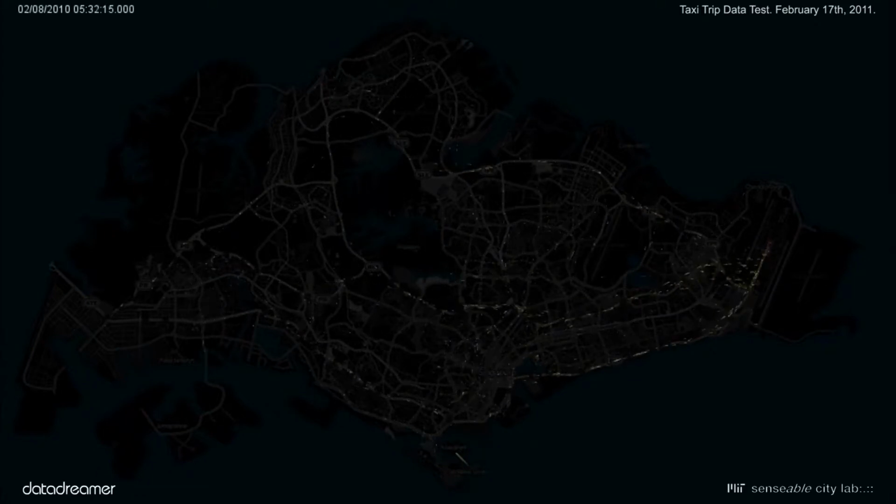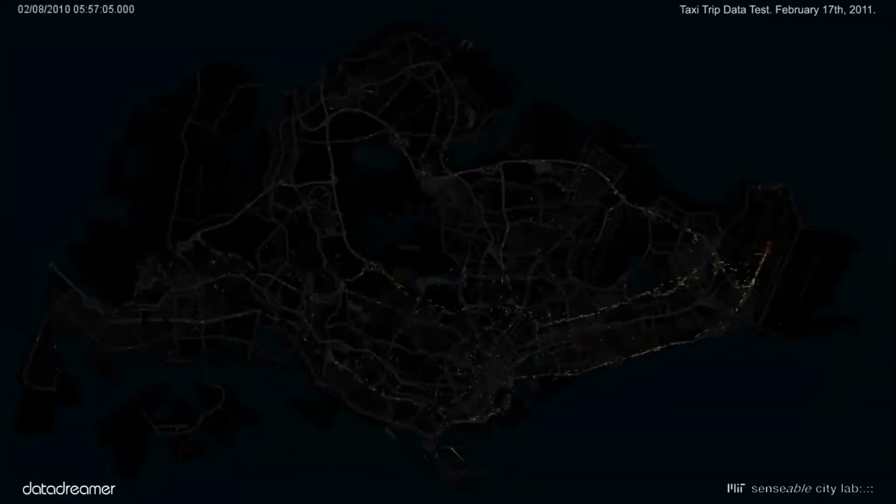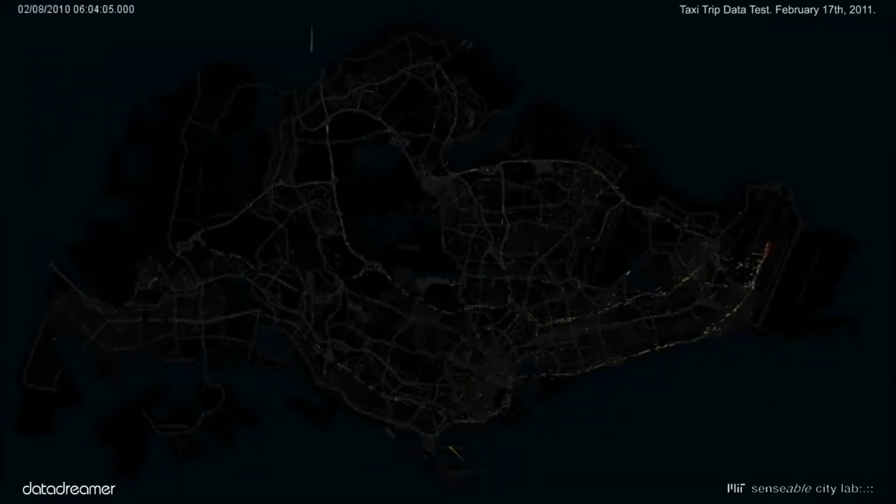I want to see what it looks like. I want to see if it actually matches up with my expectations, the same thing I did with the satellite data. Here we can see, it's overlaid on top of a map. You can't see anything, unfortunately, but I'll describe it to you.